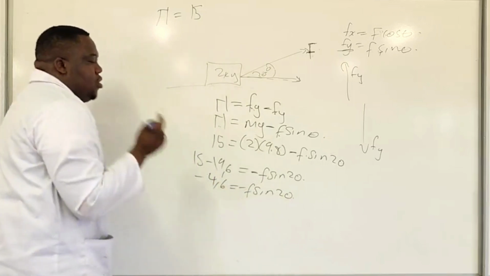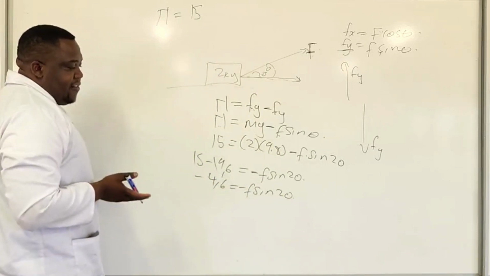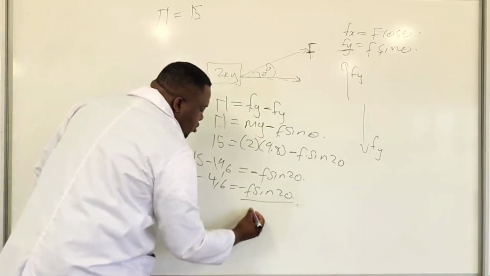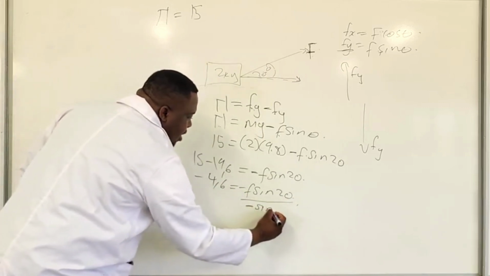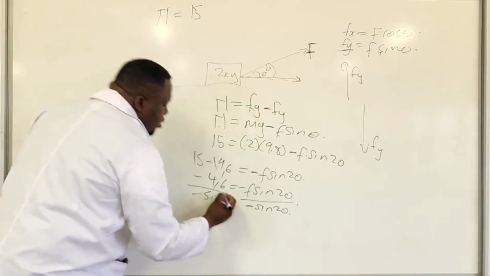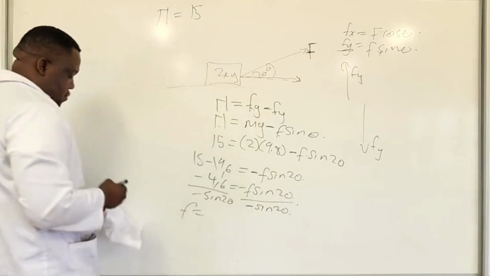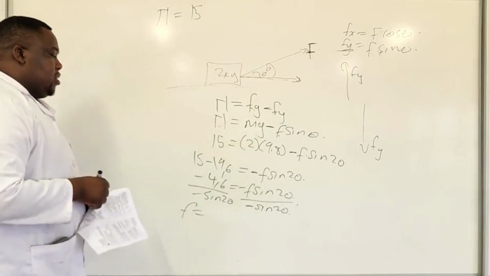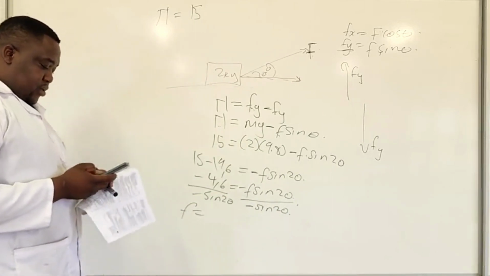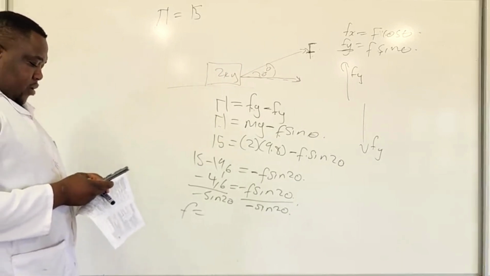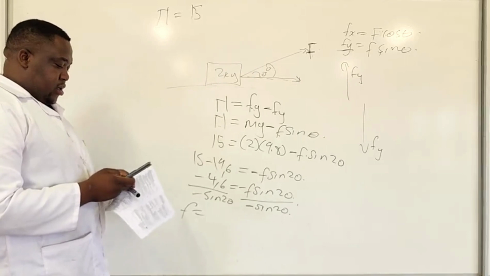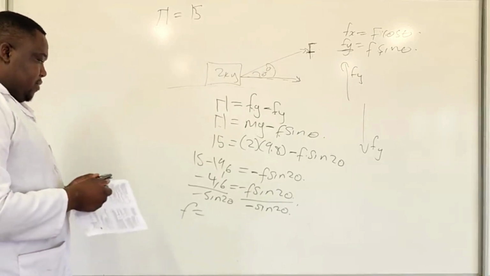So if we want to get the value of F, we're going to divide by minus sine 20. Then F is going to give us minus 4.6 divided by minus sine 20. Minus 4.6 divided by minus sine 20. And that is going to give us